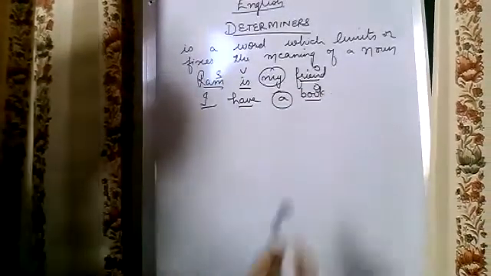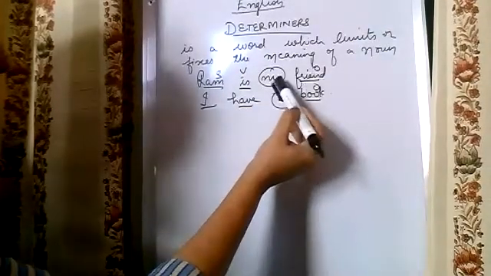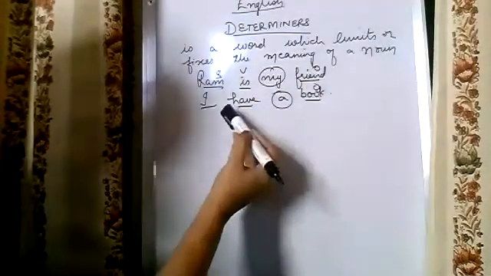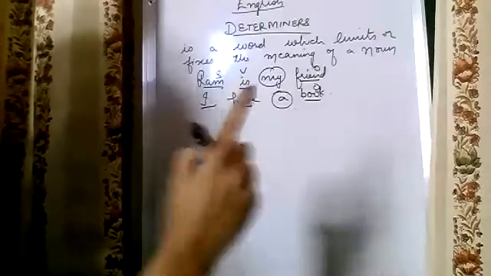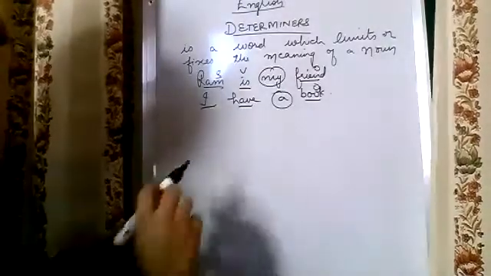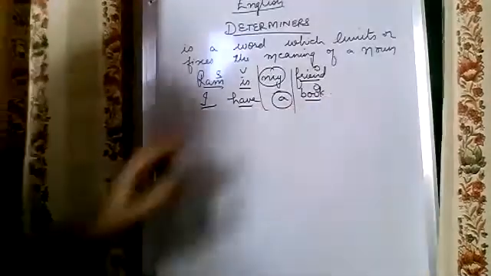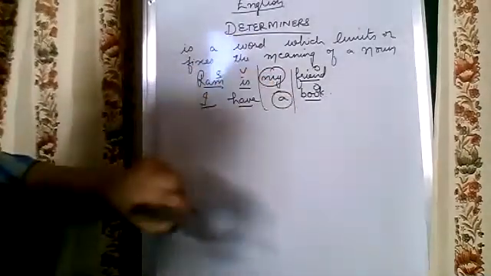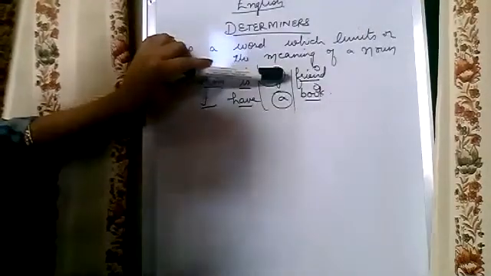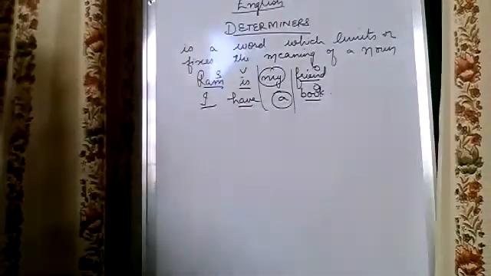So what is it saying? Ram is my friend, that is, Ram is his friend. Second, I have a book. How many books? One book I have. So it means that these two words, my and a, are adding to the meaning of friend and book. They are fixing the meaning of friend and book. Whose friend is this and whose book is this? So ultimately, it fixes or limits the meaning of a noun.